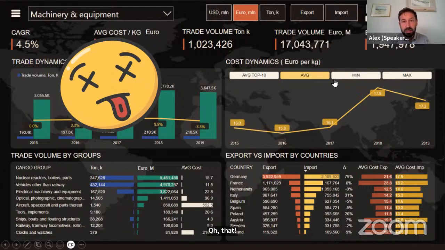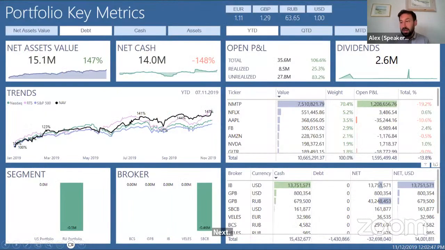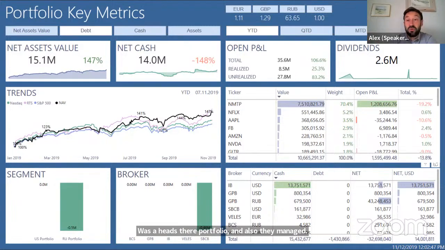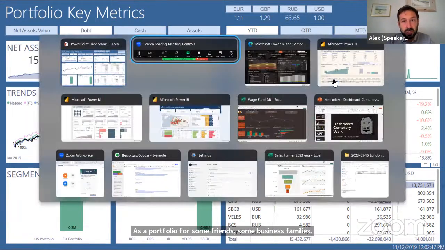Next, let's go to the next. Next, simple dashboard. It was, let's say, a family business, a family brokering company. They had their portfolio, and also they managed asset portfolios for some friends, some business families, and there are indicators.